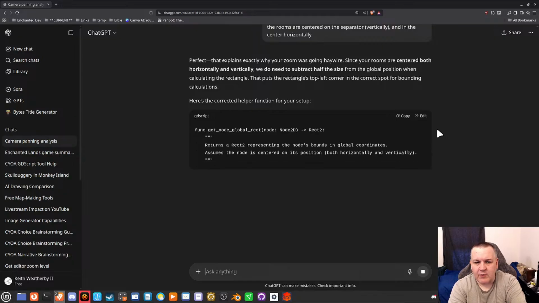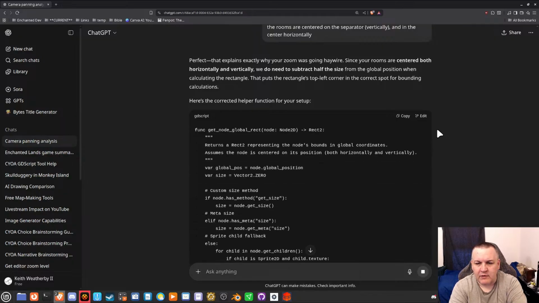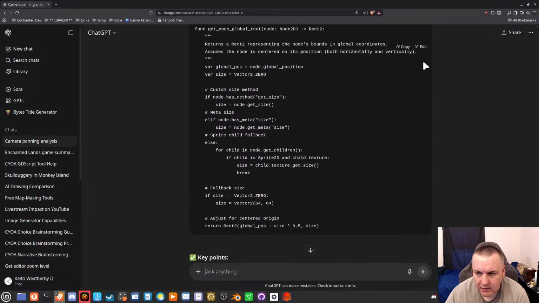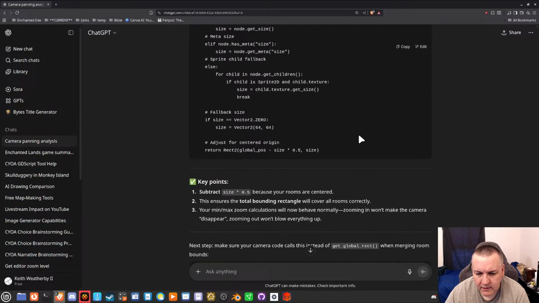Since your rooms are centered both horizontally and vertically, we do need to subtract half the size from the global position when calculating the rectangle. That puts the rectangle's top left corner in the correct spot for bounding calculations. Create a corrected helper function for your subtract. Because your rooms are centered, this ensures the total bounding rectangle will cover all rooms correctly.